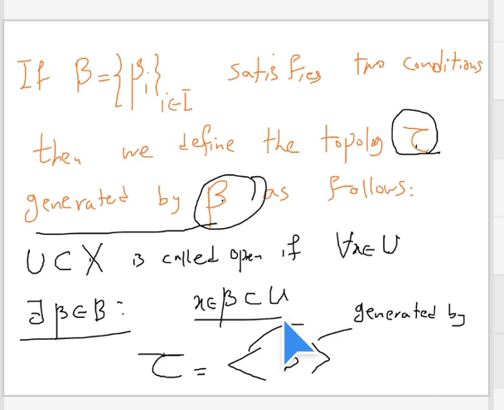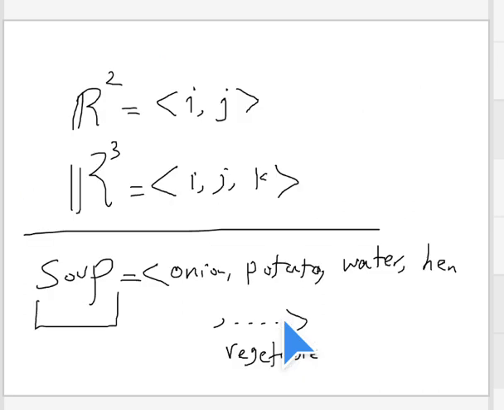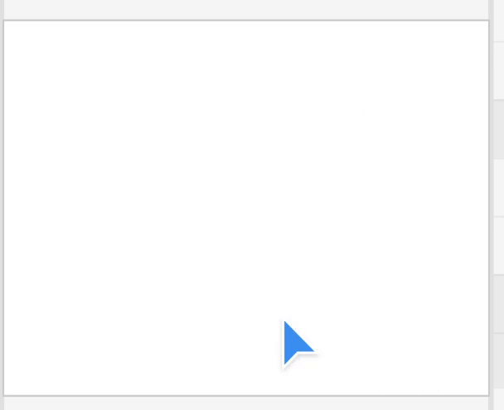I give you two beautiful examples here for you. For example, in R2,